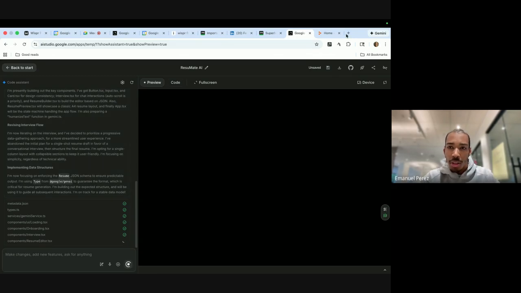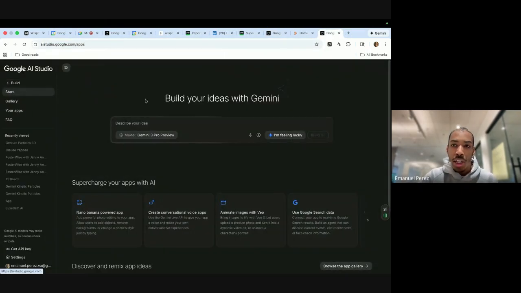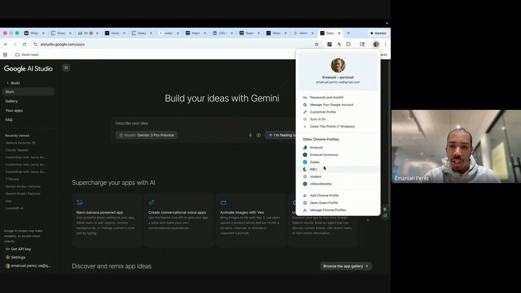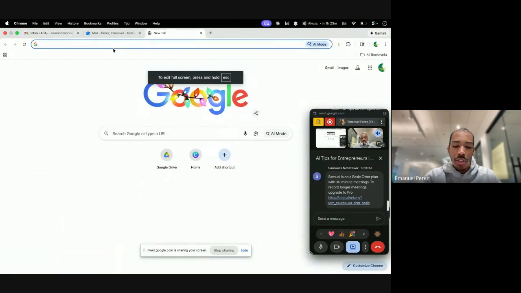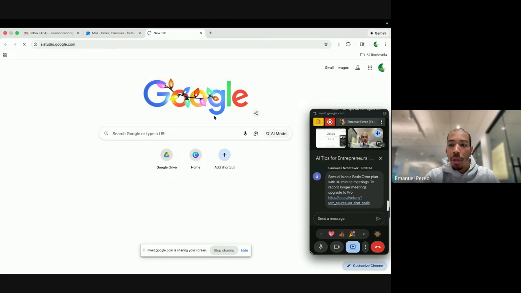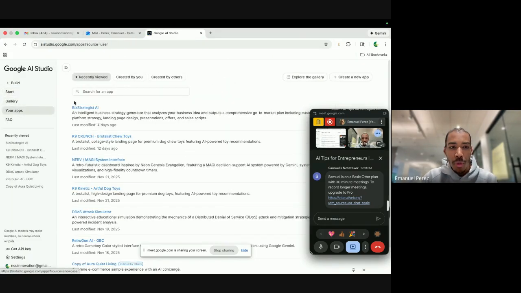And while that's loading, I just want to show off a couple other examples that are on AI Studio. So one that we use actually at the Innovation Center I'll share is we built this app for our entrepreneurs within our AI Studio program.